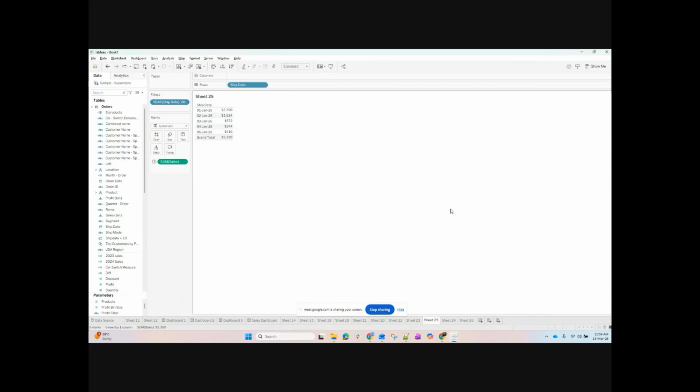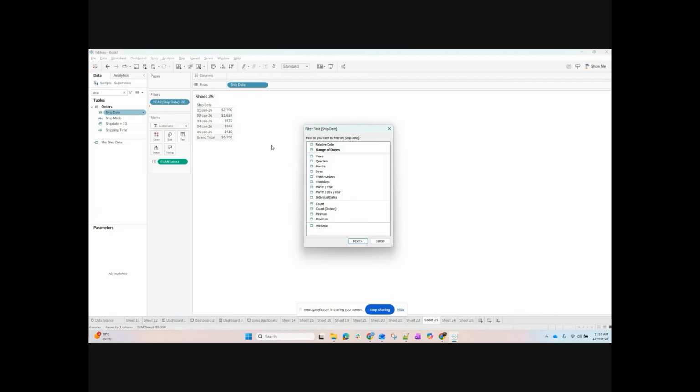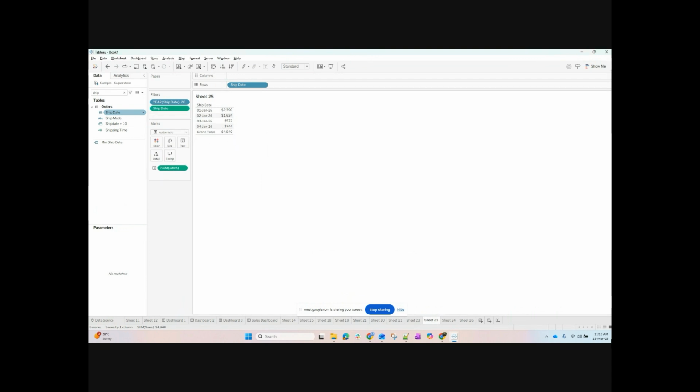YTD means, assuming today is January 4, January 1st to January 4th. In this case, ship date, I will add 4. This is YTD, January 4th. But here we don't need to use a calculated field. See, why I'm showing this is